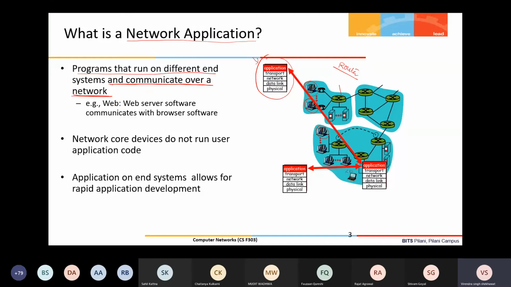So as a network application developer, I don't have to write any code which is going to be executed on these routers, right? The router's job is already defined: whatever messages the application creates that need to be sent from one host to another host, those messages will be carried by these intermediate devices, right? That's all. Intermediate devices, these routers or switches, will not process anything related to the application part. It's just communication.